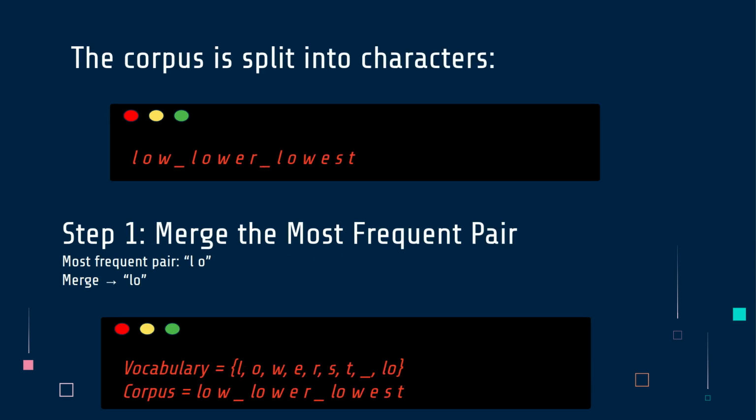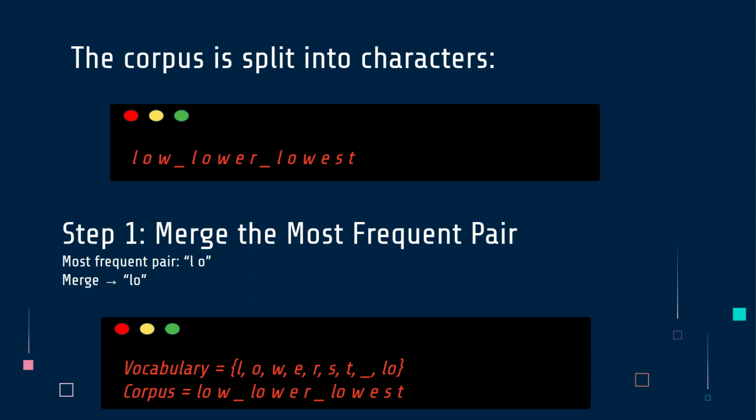And then from the corpus, we begin to go ahead. So this is how our corpus looks like, right? We count the space as well. So we begin to work with step one, which is merge the most frequent pairs. So how do you know the most frequent pairs? These are a set of rules that are called merge rules. So the rules that the tokenizer follows in order to merge characters together to form words in the byte pair encoding